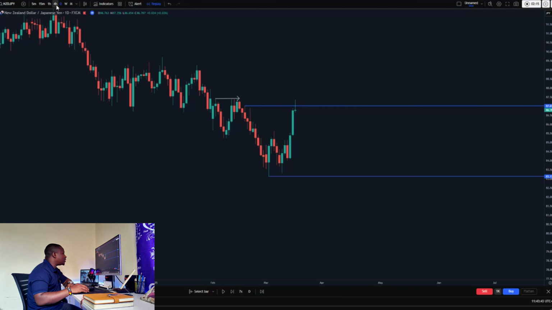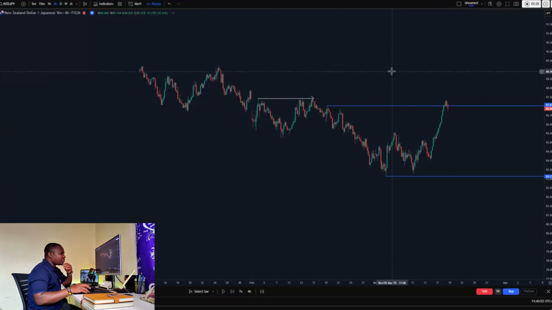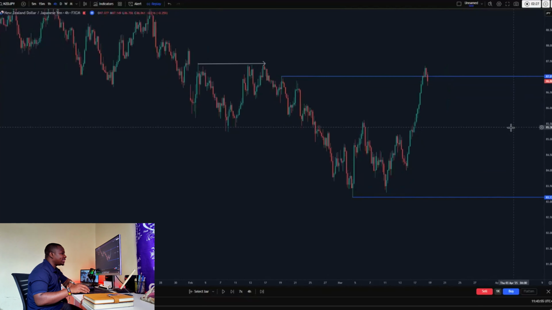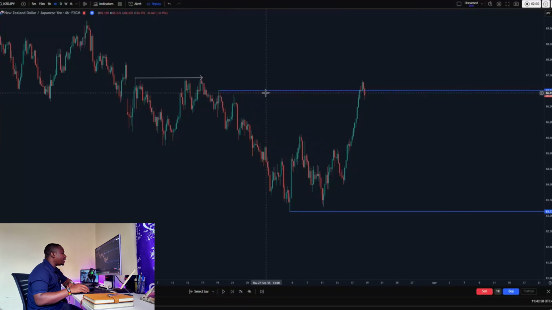Let's go to the H4 time frame and see how the market is painting the picture for us. From the H4 standpoint, we can see that this particular area was our footprint, because previously price came back to that exact same area and formed a double top, or call it a V formation. We impulsed to the downside, left a footprint, and then we started to see that shift in the market to the downside. And now price just came exactly back to the same area, broke above, broke back in,